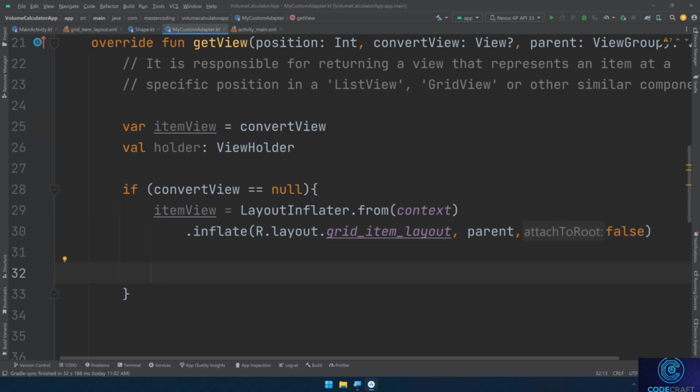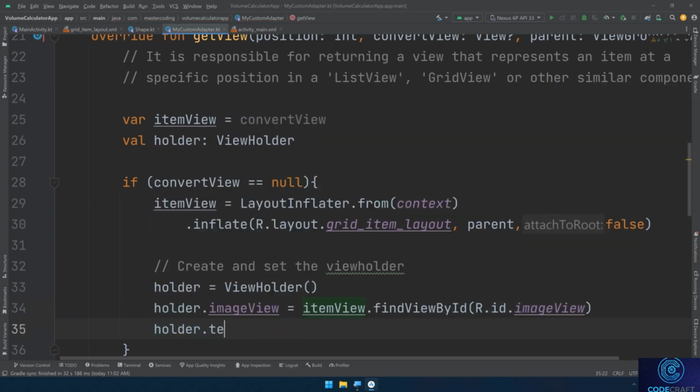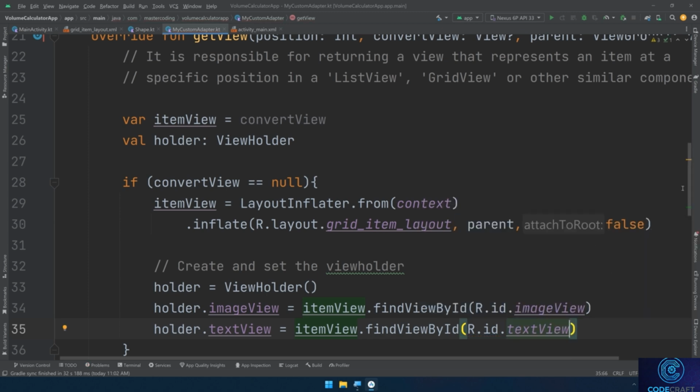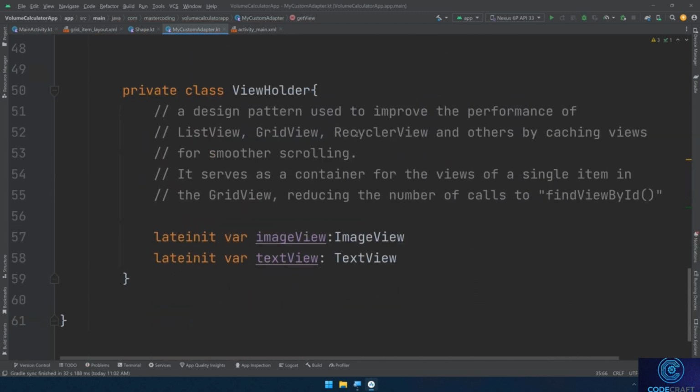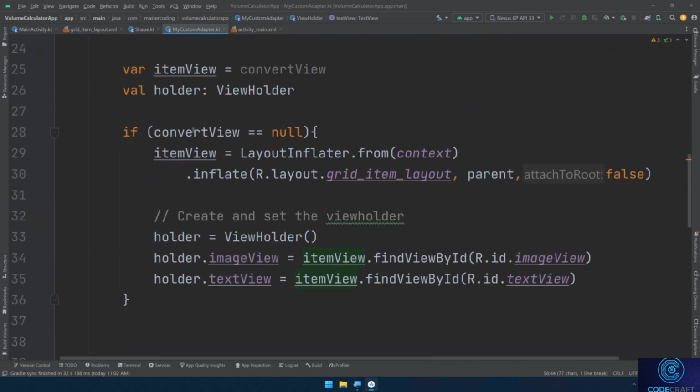Then I need to create and set the view holder. I'll start with holder equals ViewHolder, and holder.imageView equals itemView.findViewById, R.id dot the ID of the image view, and holder.textView equals itemView.findViewById, R.id.textView. Here I am initializing the variables of the view holder. So I'm creating an instance of this view holder and I'm accessing these variables and initializing them here in the new convertView that I'm going to create. Then I need to use